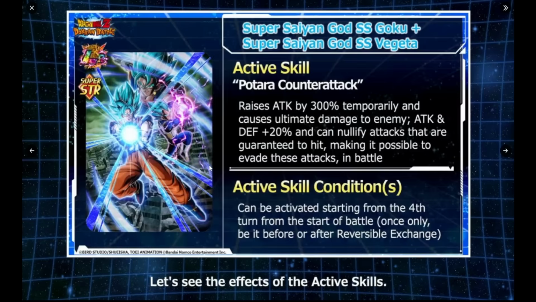I'm assuming it just means for them. So if you use Goku's active skill with the Vegeta Blue attack, they get a permanent 20% attack and defense buff and can dodge enemies that disable dodge, but only for themselves, by the way this reads. And this can be used from the 4th turn from the start of battle. So basically, as soon as the reversible exchange is available, you can use this, which seems crazy, because then Goku is going to be even stronger with that